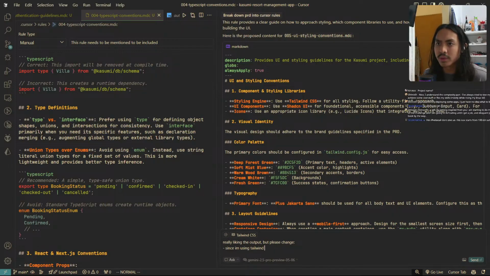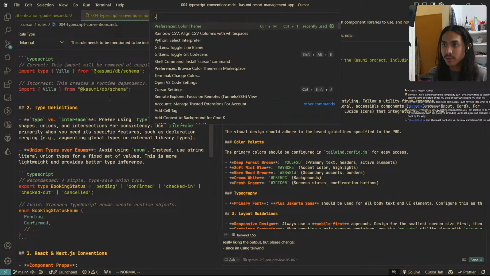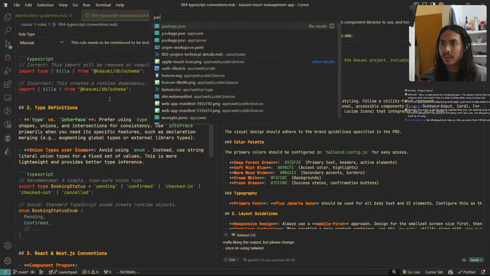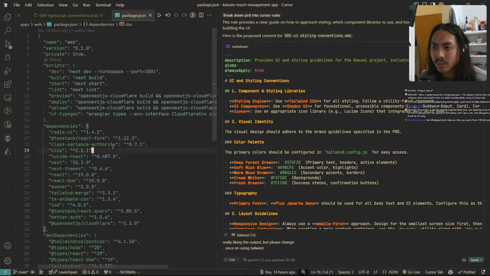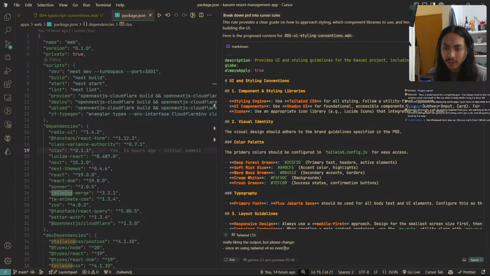I think it's Tailwind v4. Lucid is also nice, yes, but a lot of Lucid is deprecated, right? I really like Lucid, but deprecated. So since I mentioned that before, no need for the